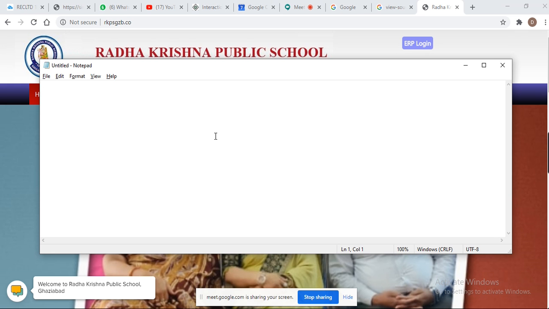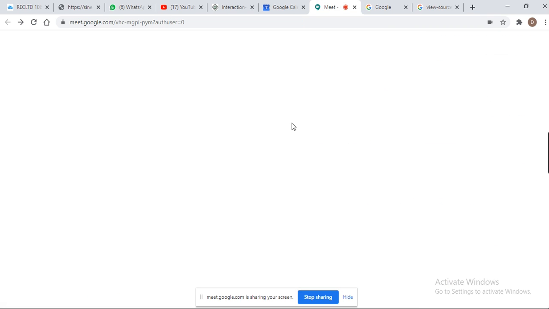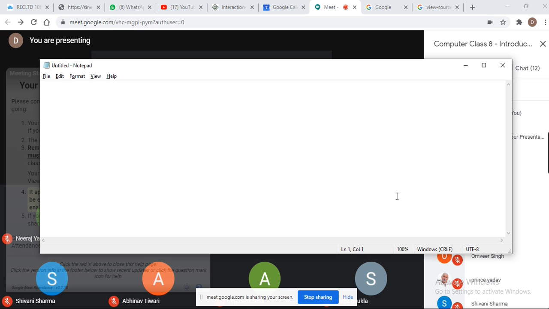So let's see how we can create our HTML page. For creating that, we need just two things: the web browser and a text editor.